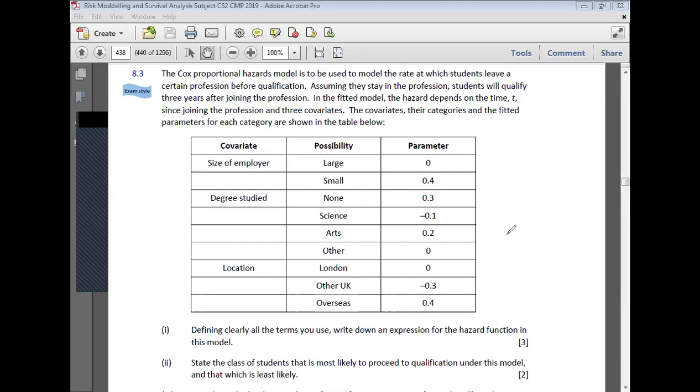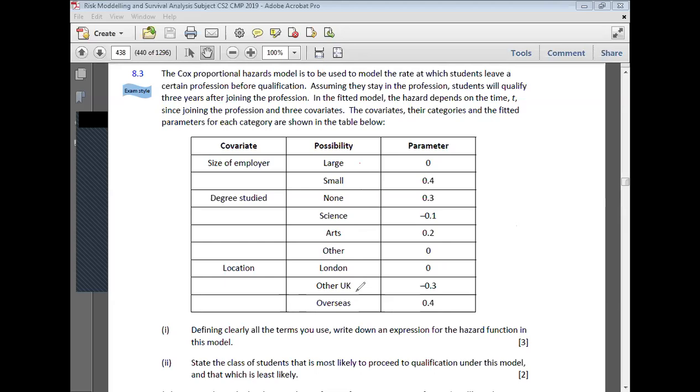So we see that each of these persons can either belong to a large employer or a small employer, or they could have studied any of these 4 degrees, or they could have been living in any of these 3 locations, right? So what we can do is we can define a basic person for whom the value is 0,